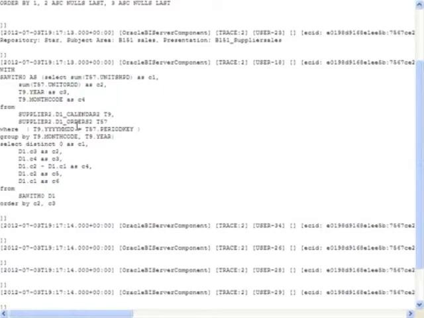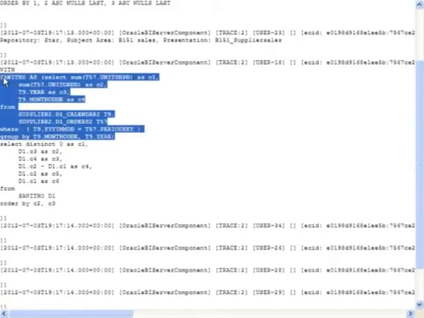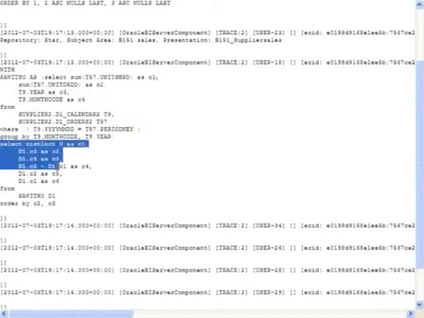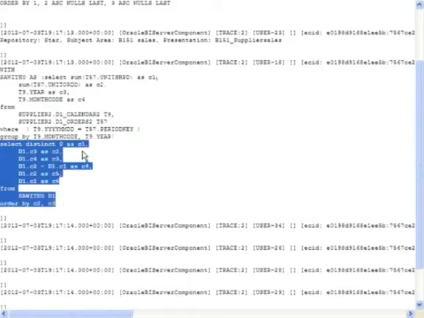And the query writing style is somewhat different, sir. If you see, this query will be executed first. Then this column is aliased as C1, this column is aliased as C2, this as C3, and this as C4. These four columns will be coming as a year and it will execute now.